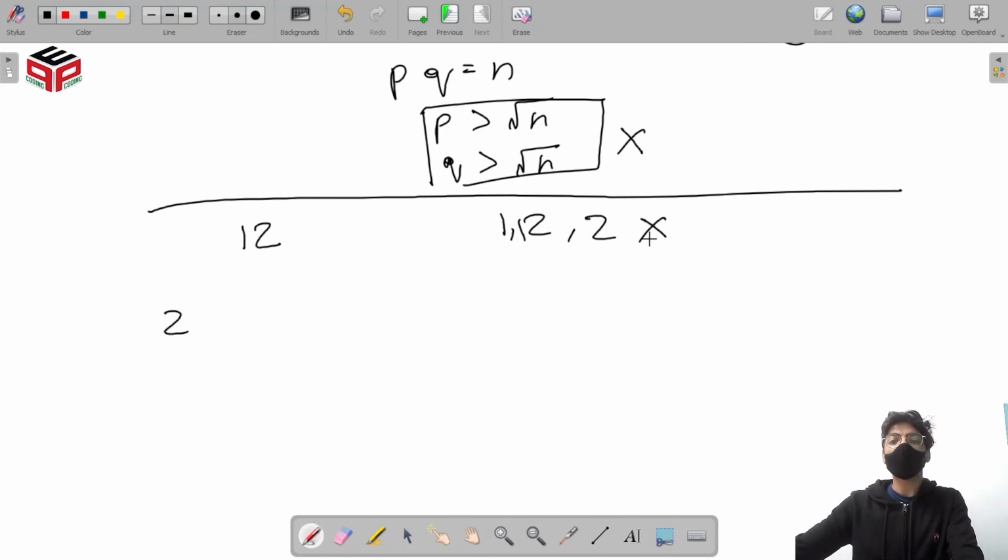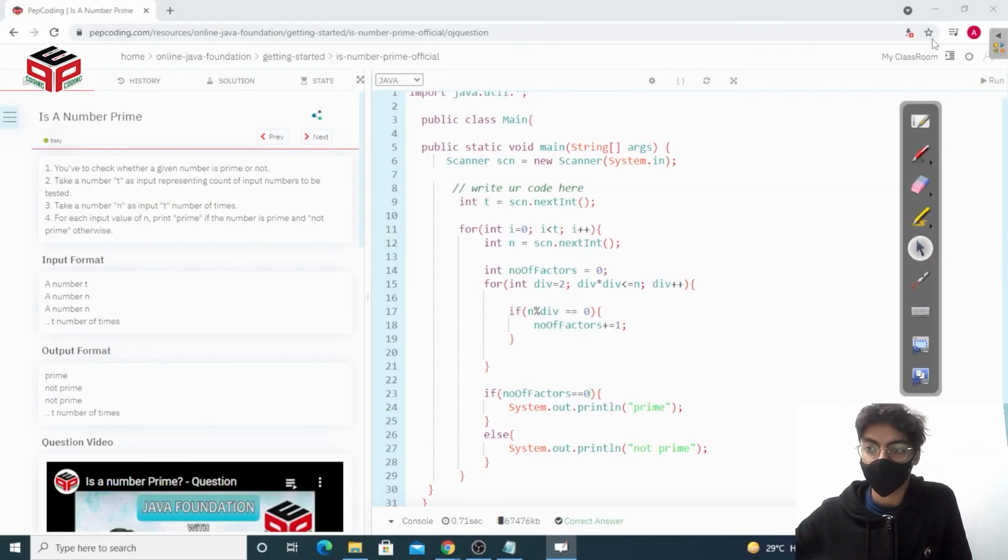So I say that why don't we actually stop checking as soon as we encounter a factor in this range of 2 to root, because that means that there is a factor other than 1 and the number itself. So as soon as you find out that there is a factor, just exit the loop, save on that time. We don't need to check any other numbers.